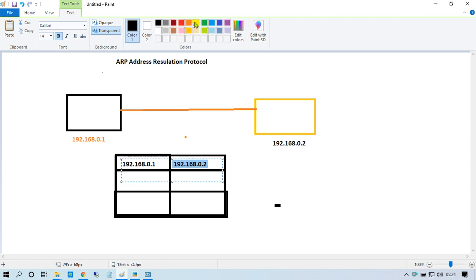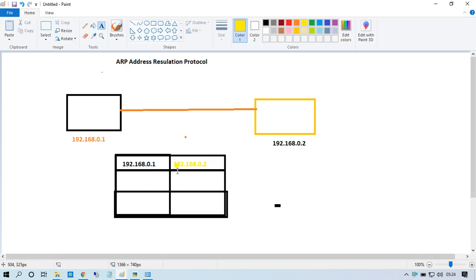This is our yellow and this is the black system.